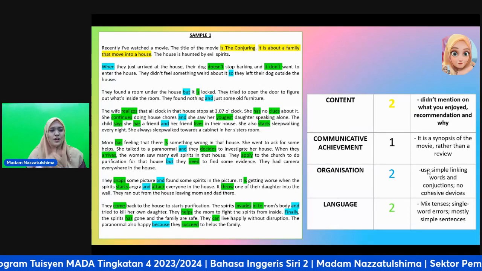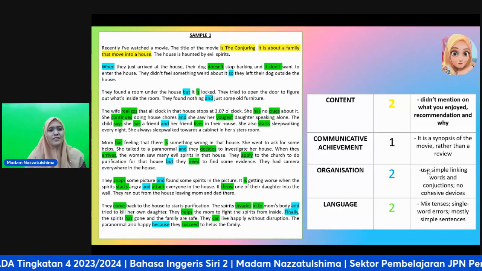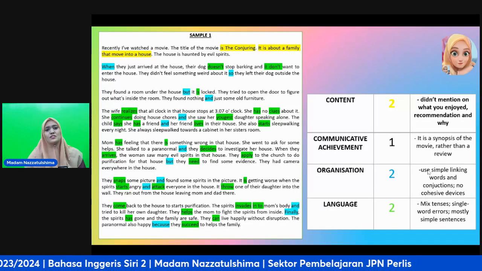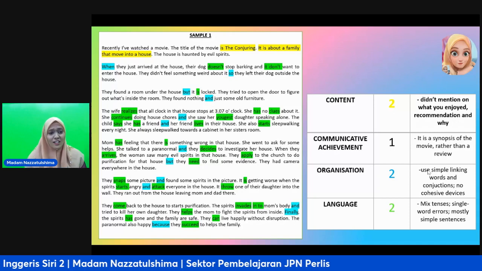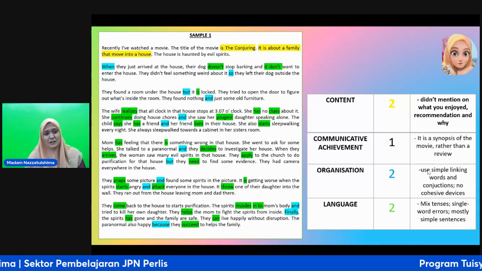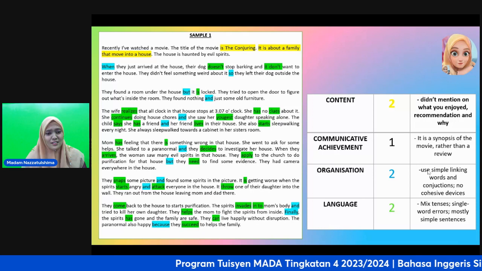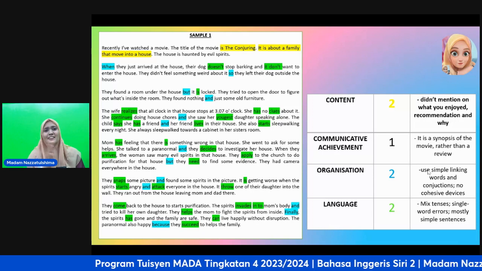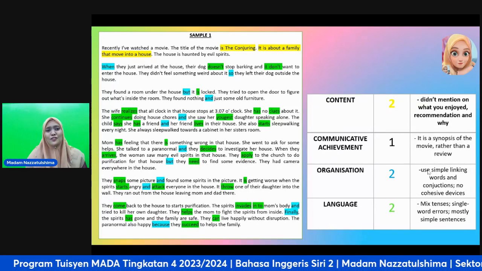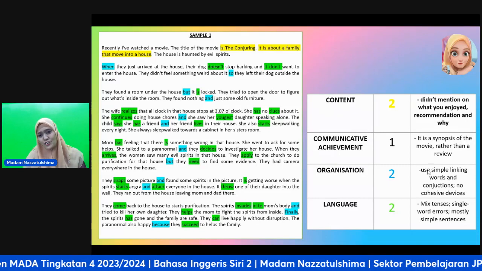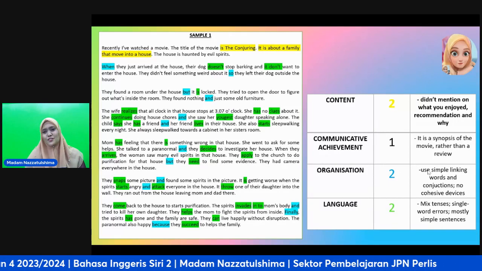Okay, and then straight away, the second paragraph, the candidate started with a long synopsis. I think from paragraph 2 towards the end. Sampai last tu kalau tengok kan. The last paragraph is still mentioning the synopsis, the storyline. So that is why this candidate only gets 2 marks for the